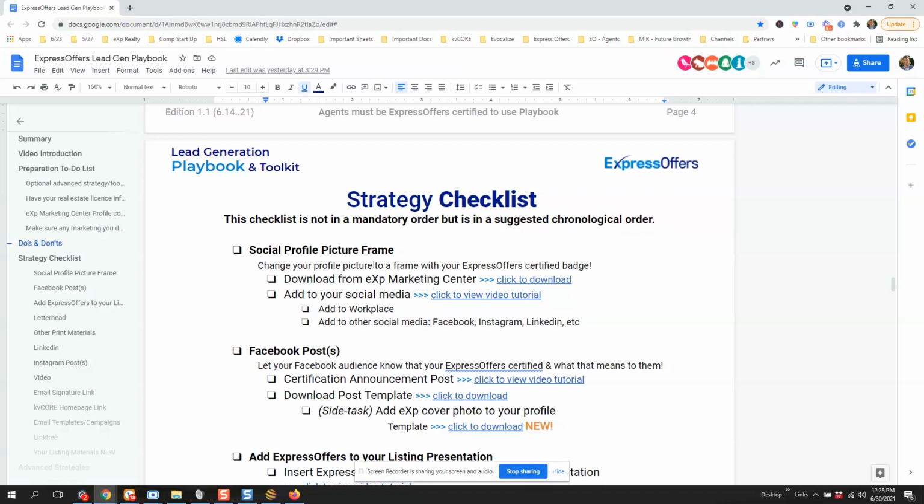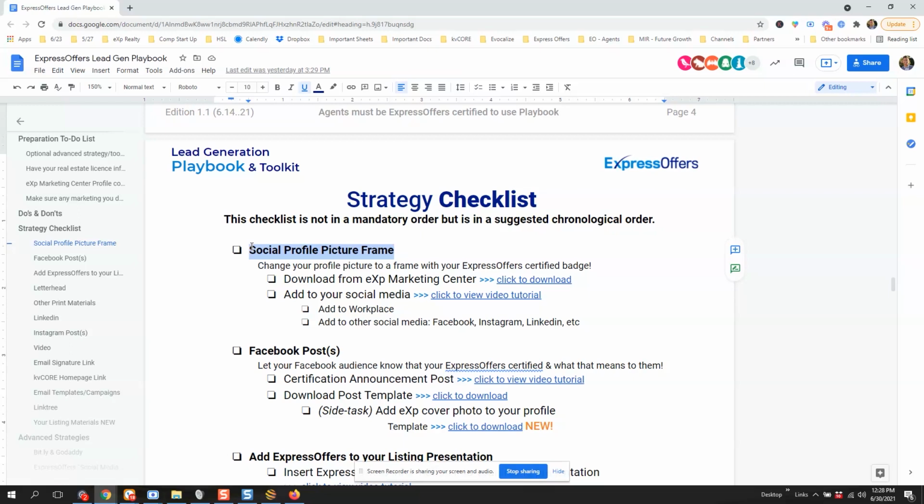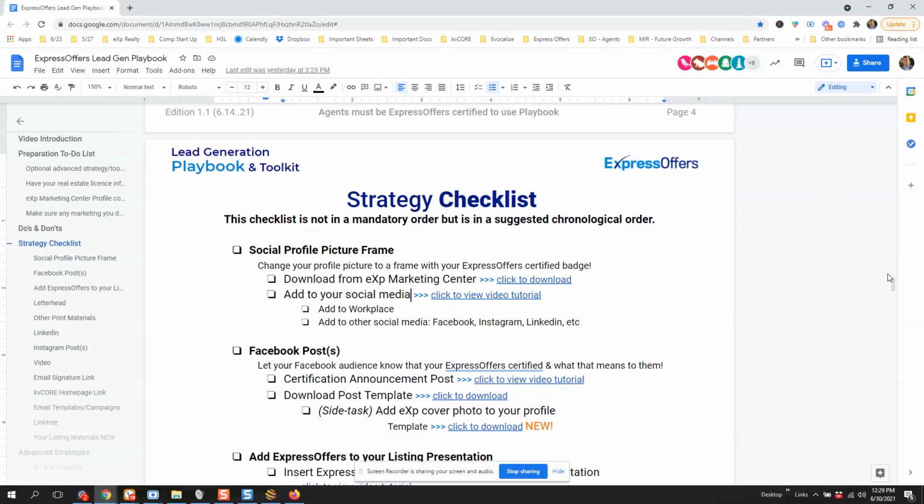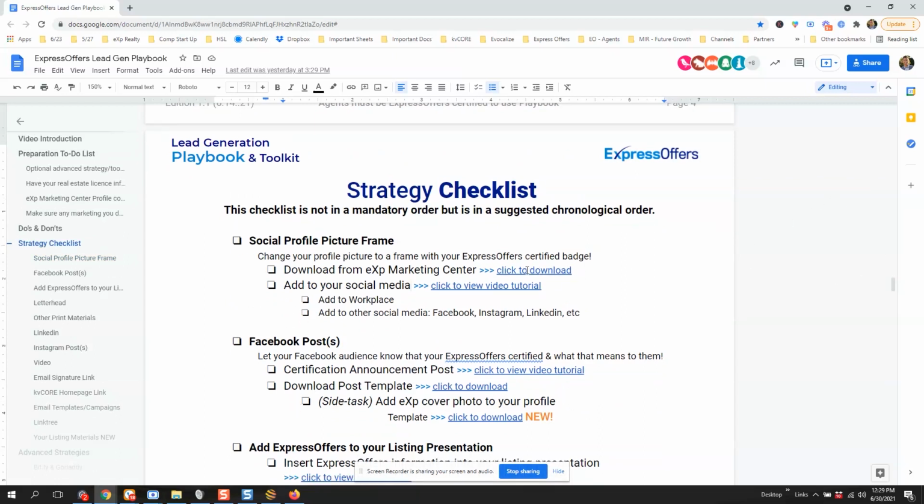The idea being each one is 15, 20 minutes, maybe 30 minutes to implement. Each strategy here, social media picture frame, profile frame, each strategy is going to have how to download it and a link directly to download that item needed and a tutorial video. And any more clarification, they're all a little bit different. But for instance, to keep it simple here, I'm going to actually come to the Facebook post. So the social media frame,